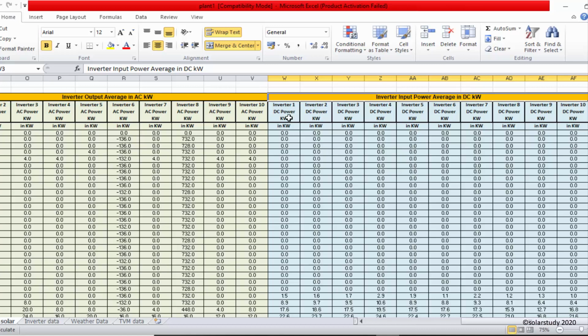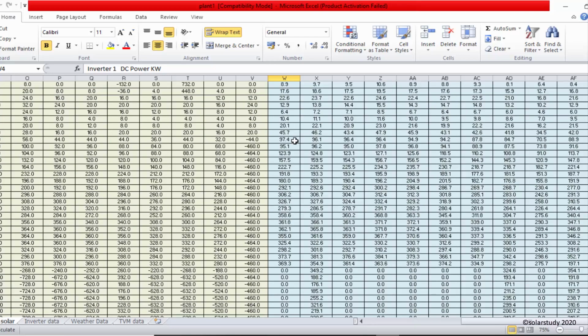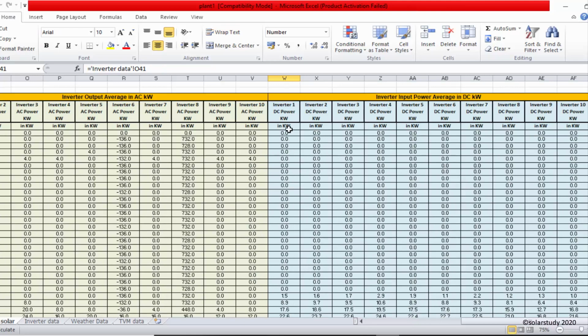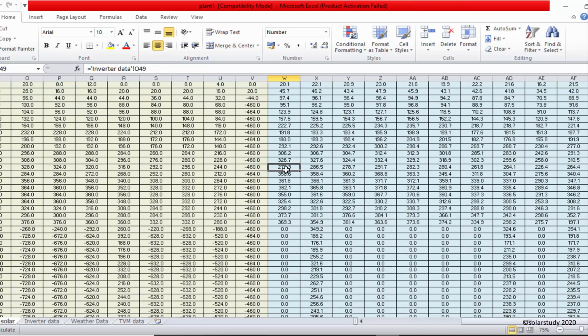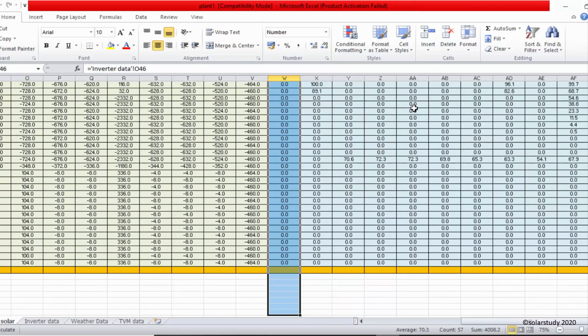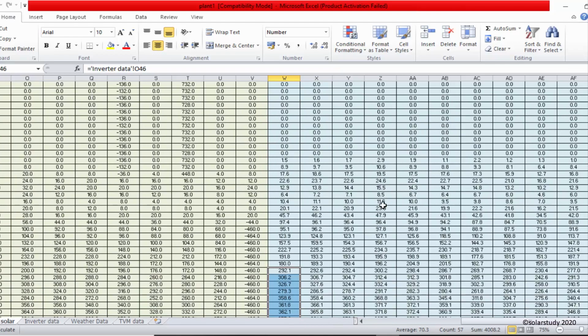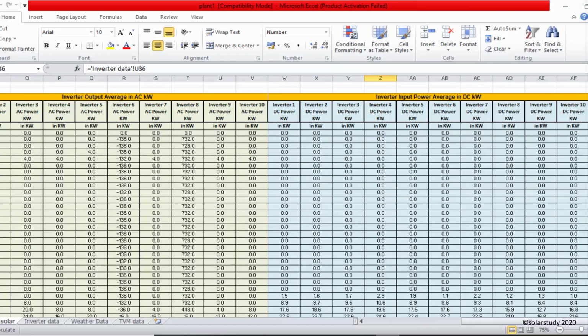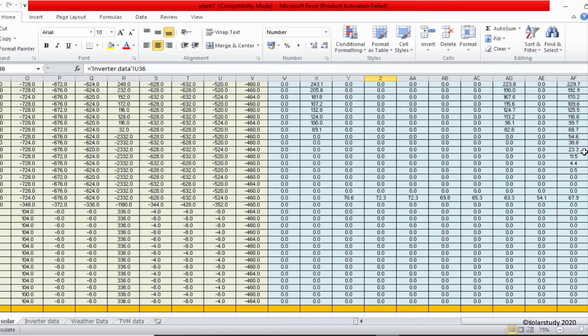Here the input is in kilowatts at the DC input. For inverter 1 it goes from 97 to 360, 355, again 390. Whenever the sun sets it reaches 0. Similarly for the different inverters, up to inverter 10.